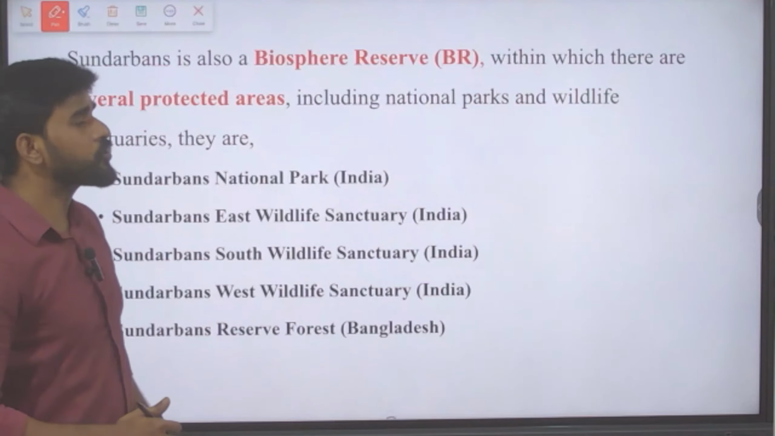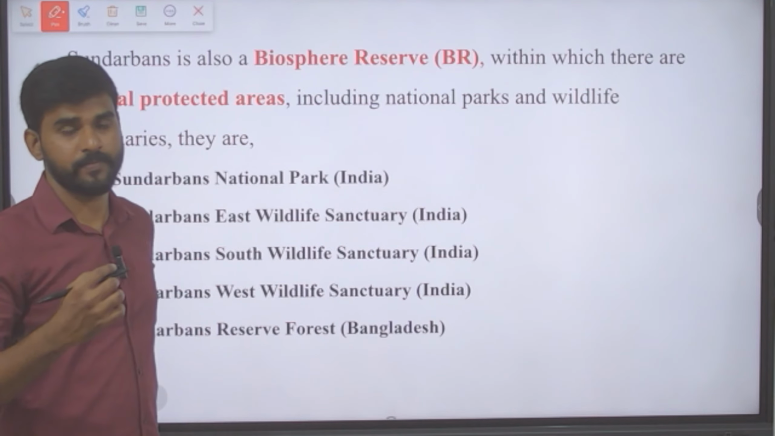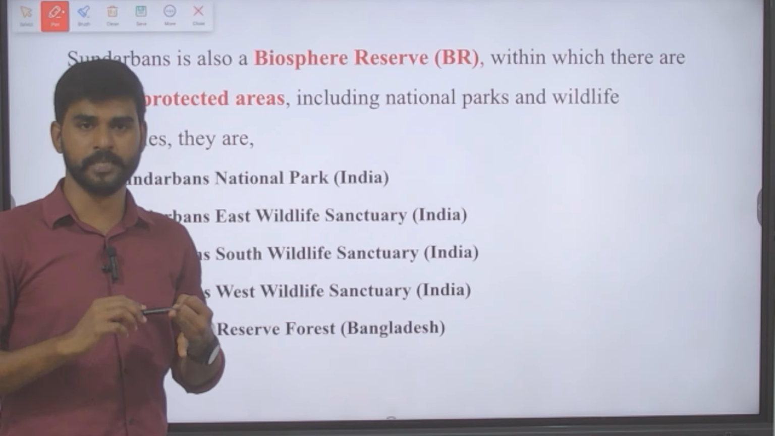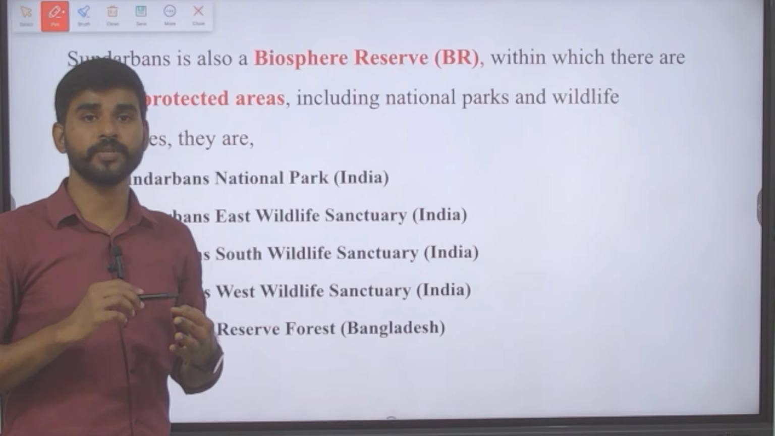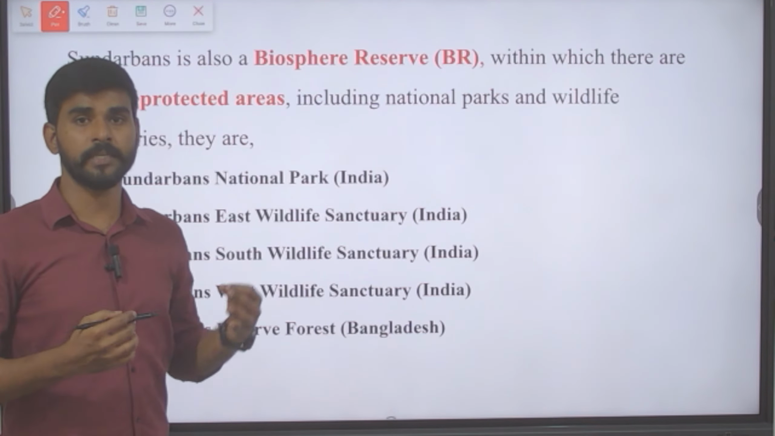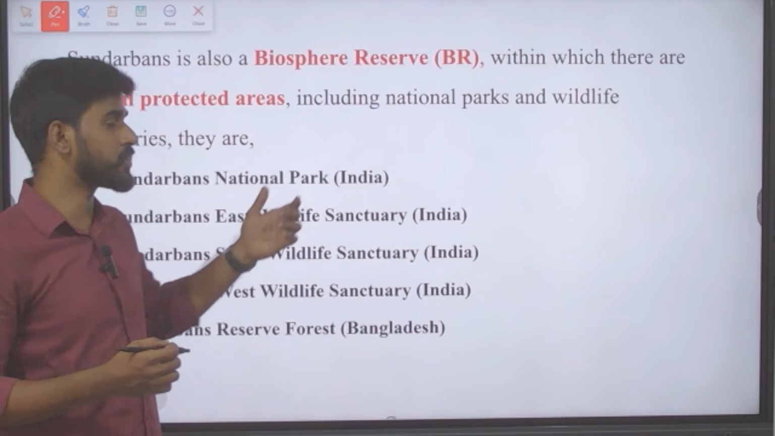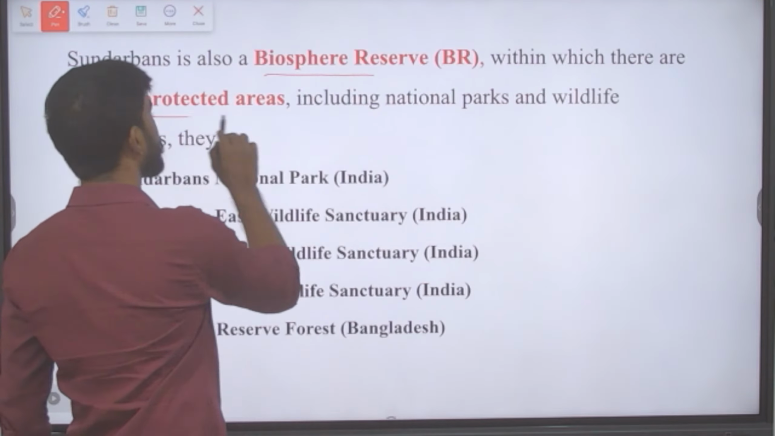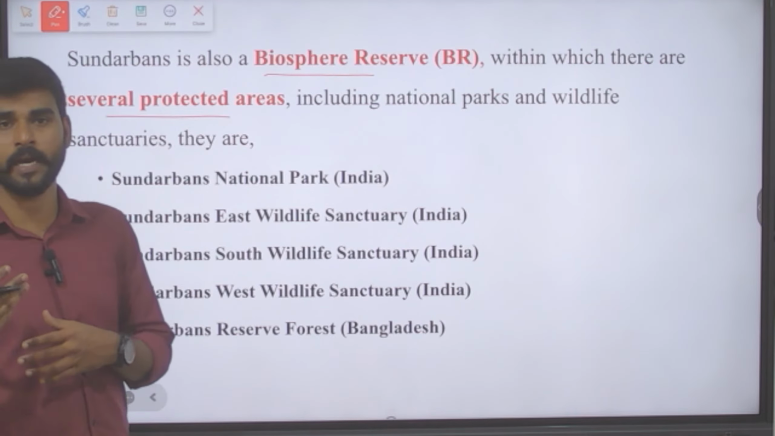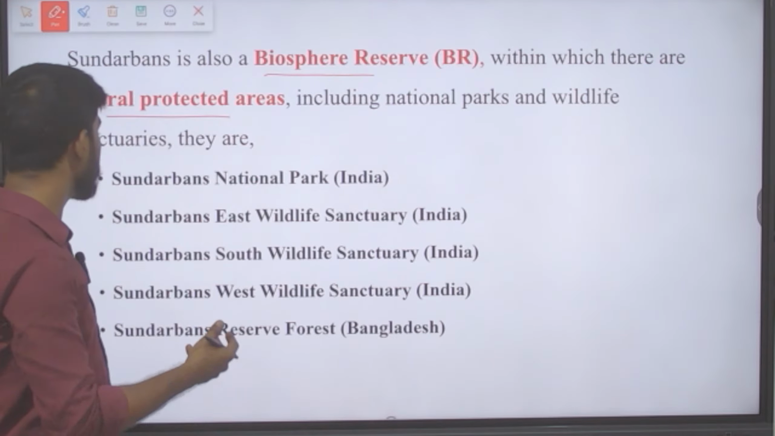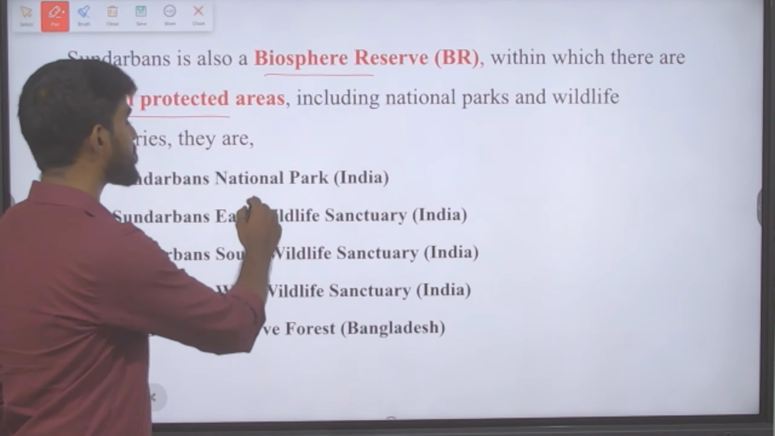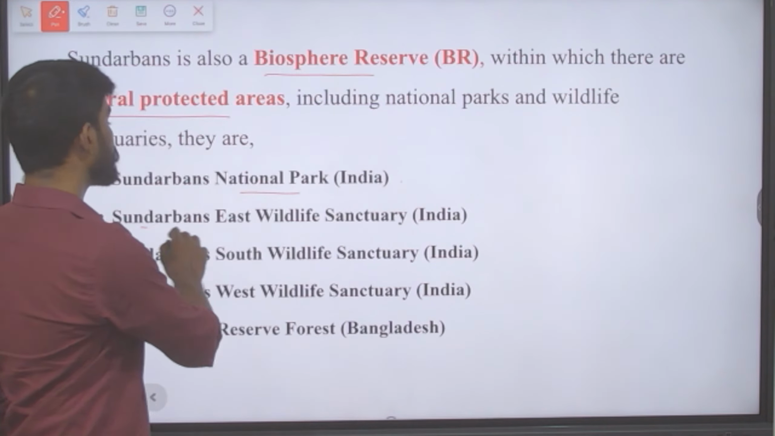Moreover, Sundarbans is also a biosphere reserve. We saw that it is coming under Ramsar site, it is under Project Tiger, and it is also UNESCO's World Heritage Site. Other than that, it is also a biosphere reserve within which there are several protected areas like national parks, sanctuaries, and so on. The other protected areas here are Sundarbans National Park, which is there in India, Sundarbans East